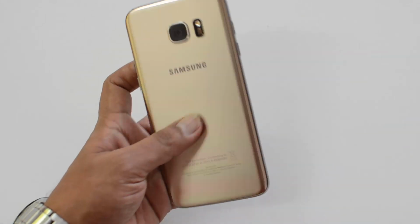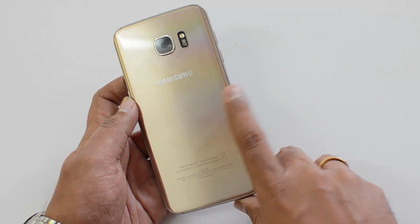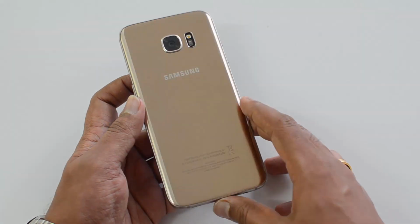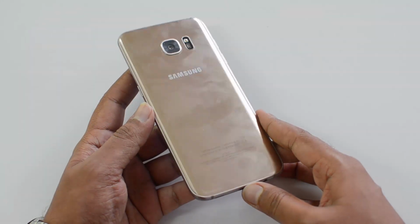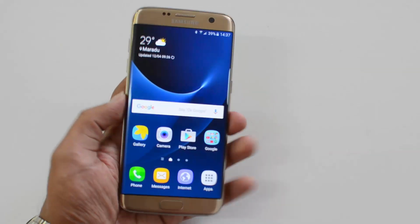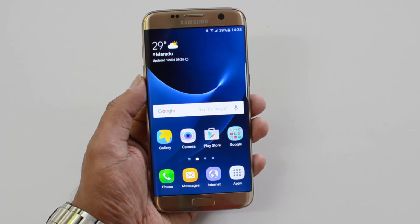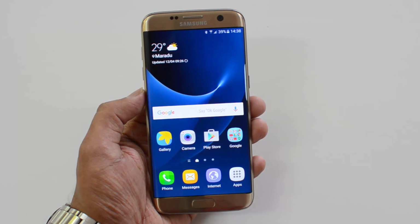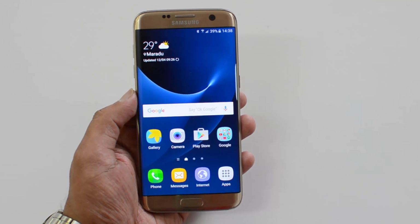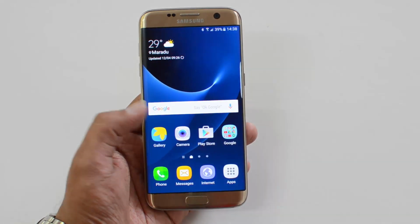But having said that, there are a couple of annoyances as well. One is that this is a fingerprint magnet, because it is protected by Corning Gorilla Glass on the front and rear panel over the metallic construction. That makes this device vulnerable to fingerprints, so you'd be cleaning the device quite frequently. So that was one issue. The other issue is that the device isn't really easy to hold. It's kind of slippery at times. It's not a device which will fall off your hand when using. That's not the case, but still there are some issues with holding the device. You feel it's kind of slippery, and you take additional care to hold it. So that's another issue. But having said that, this is one of the really good devices in the flagship category